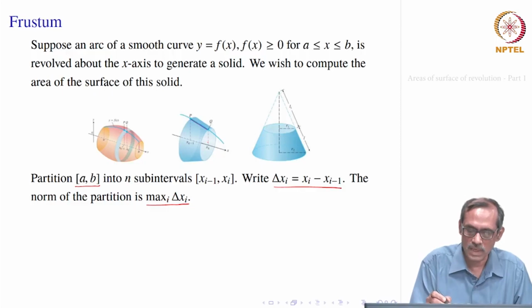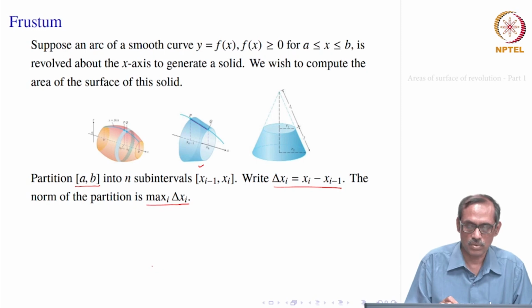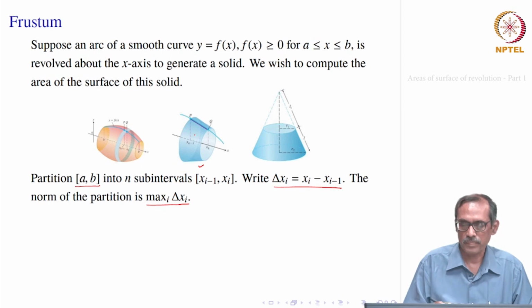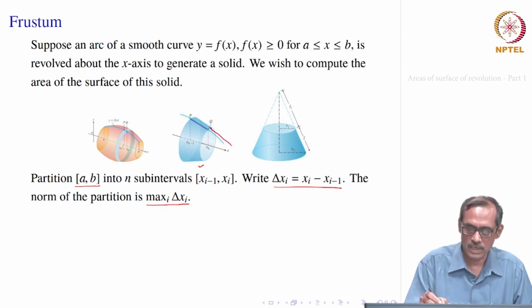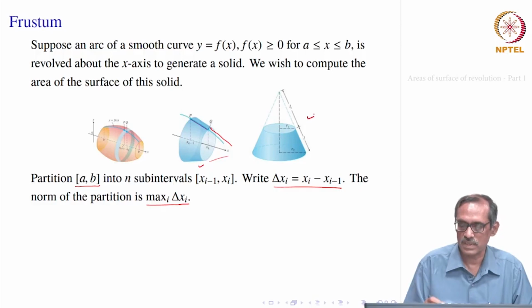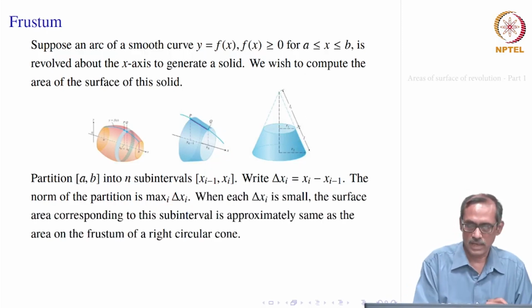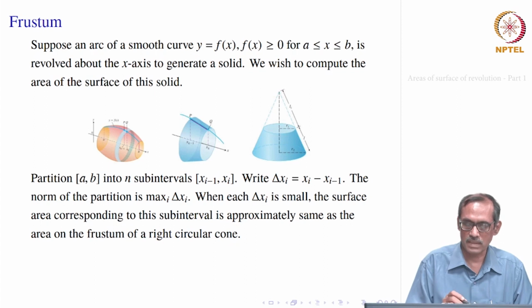Now, the band looks something like a frustum. In the second picture you see, it looks like a frustum, right. Frustum means a part of the cone with its top cut off. So, how to get the area of this surface, which is the frustum here? You imagine extending it, you get a cone, which is in the third picture, and this surface area which is painted blue, we want to approximate it. Okay. So, how do we approximate that one?